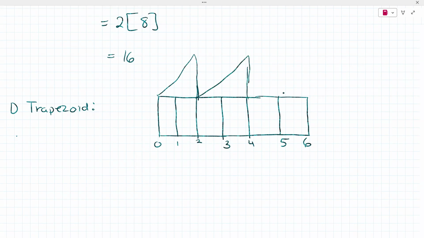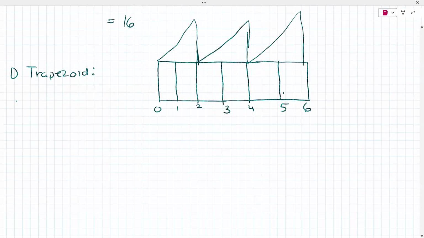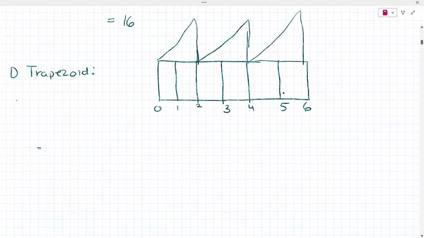So you make little tiny trapezoids like that. So in a trapezoid, it's going to be 1/2 times the delta x times f of 0